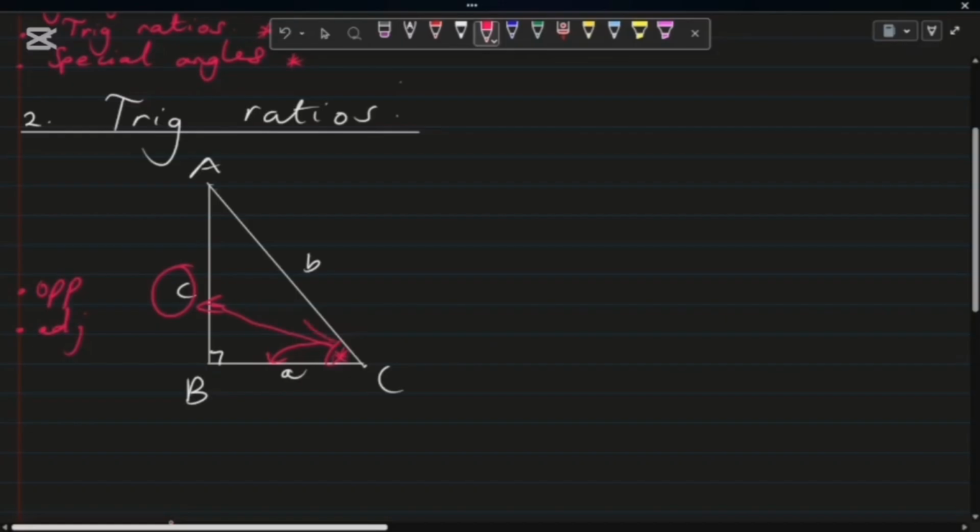And then side B, the longest side, is the hypotenuse. Okay, we know this already. That's the longest side in a right angled triangle is called an hypotenuse. Okay, and then if